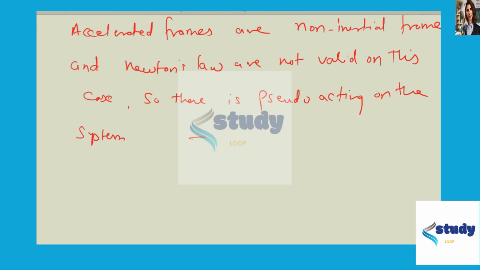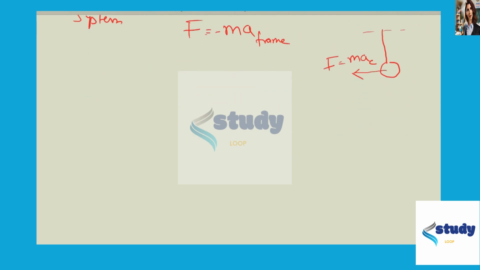and the value of the pseudo force is given by F equals mass into acceleration, and this is opposite to the motion. So F is equal to minus ma, and this acceleration is the acceleration of the frame, that is the accelerated frame. So this is our pendulum, and on this pendulum there is a pseudo force acting opposite to the acceleration, that is in this direction, and this force is equal to mass into the centripetal acceleration. Due to this force, this pendulum will go away from the center,